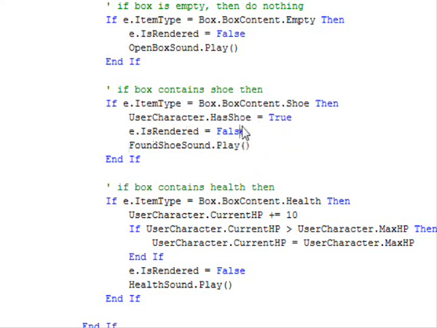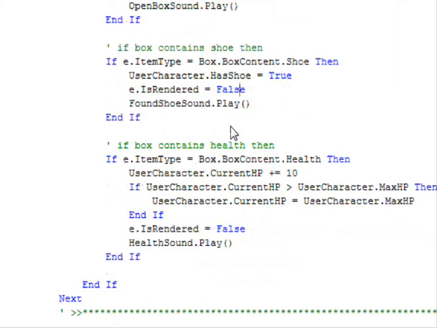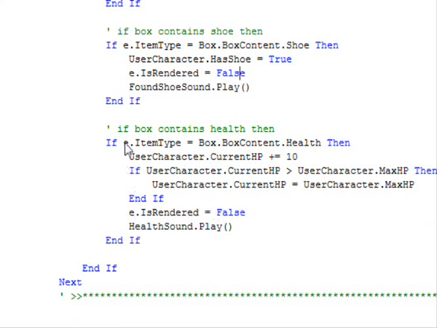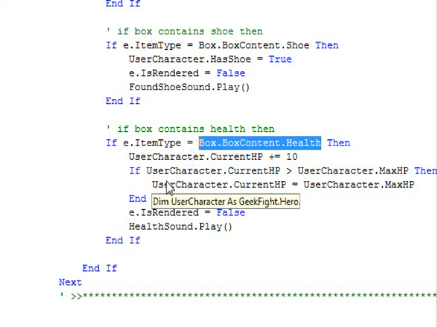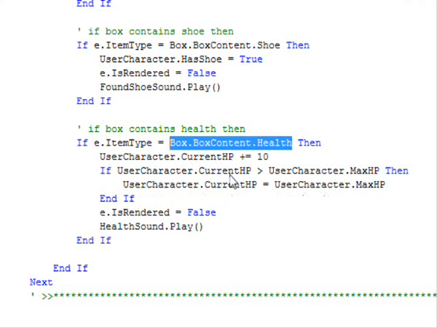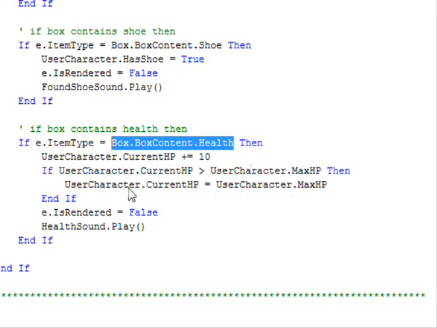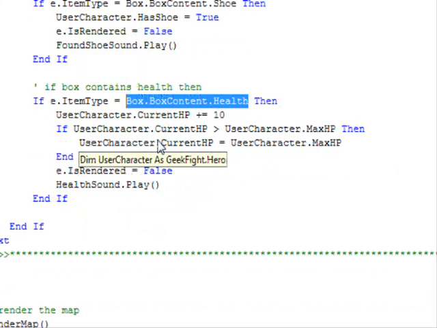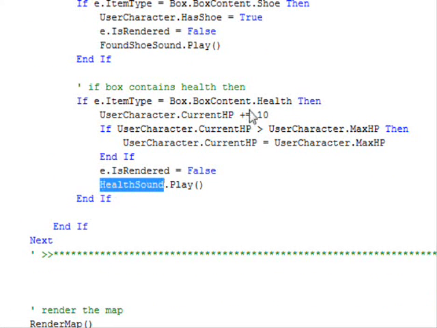We're gonna have a look at that and see how it affects the speed of your character. And also we're gonna check to see if this is a health box. In that case, you are gonna increase the HP of your character by 10, and you are gonna check if the current HP is greater than max HP, then just make it within the bounds of the available HP, and